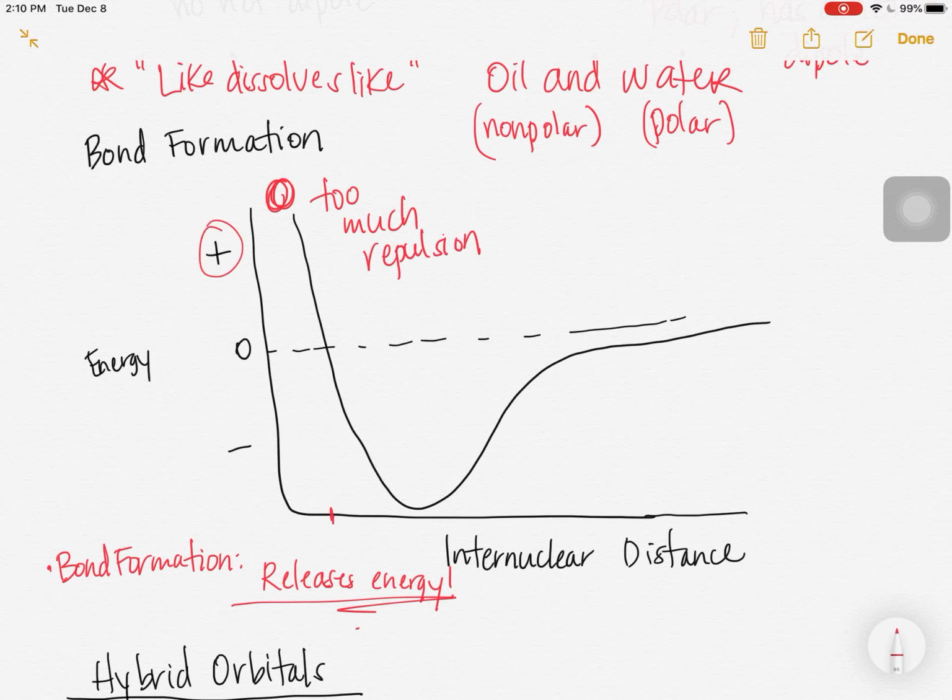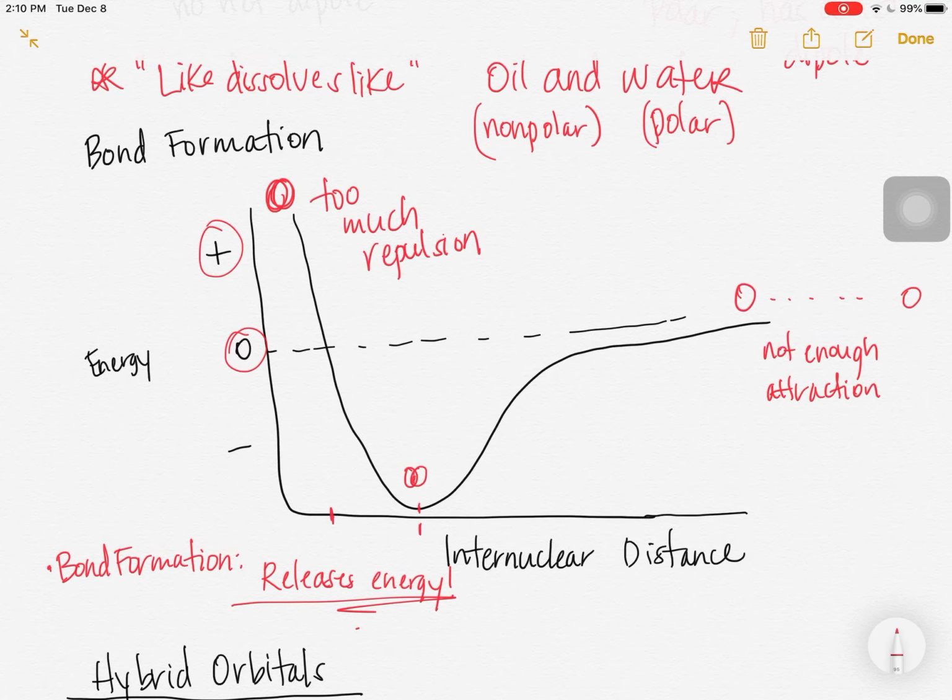And notice your energy is positive, which means that energy would be required, okay, to make this happen. If you have your two atoms that are really, really far apart, there's not enough attraction. And basically, they're behaving as individual atoms, okay, with an energy value of 0, meaning you're not releasing energy, but you're also not requiring energy for them to act like separate atoms, but you're really not getting anything from the situation. And then you have the just right